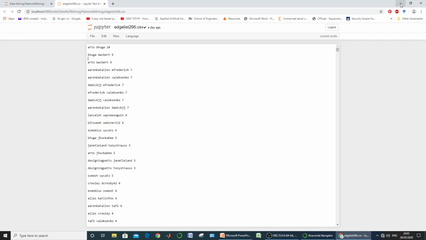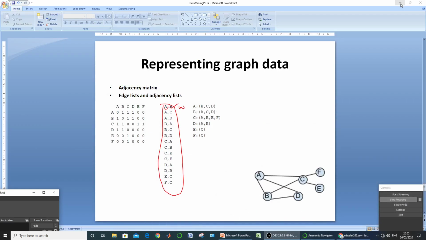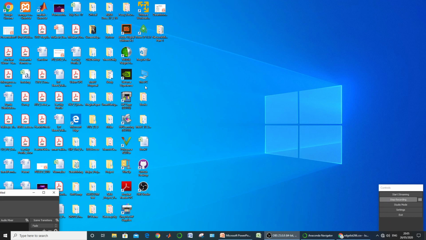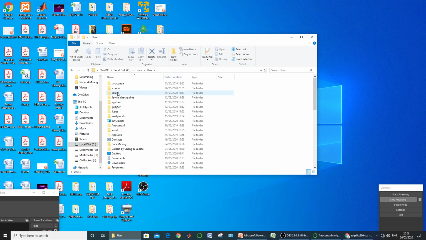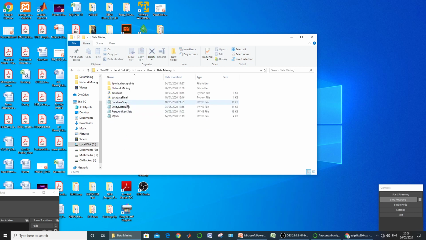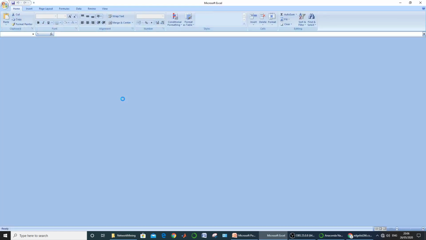This same list can also be accessed from the current directory in which your Jupyter notebook is running. So go to your C drive and then under users, the particular user, then to the data mining, and then further data mining to network mining, and here is the list that was just created in the last video.